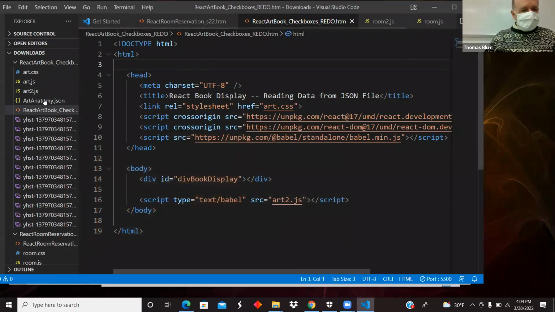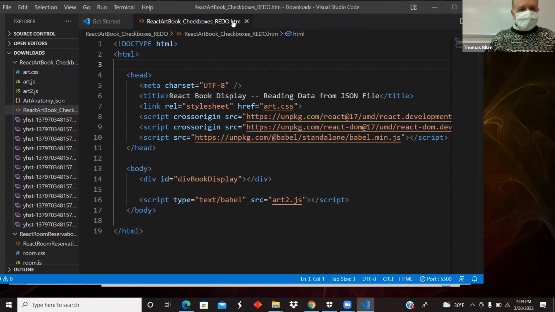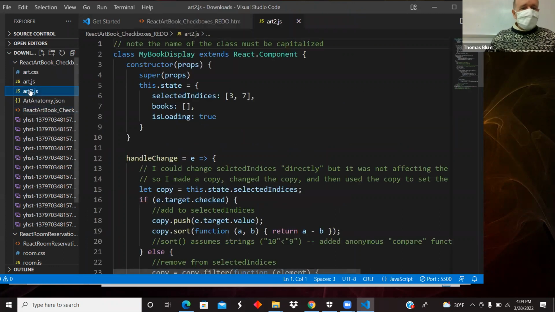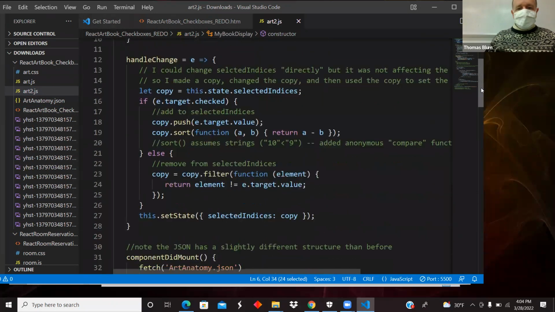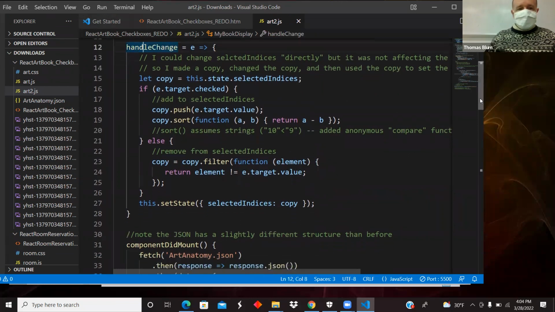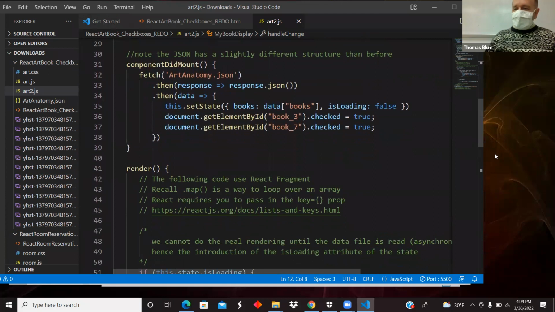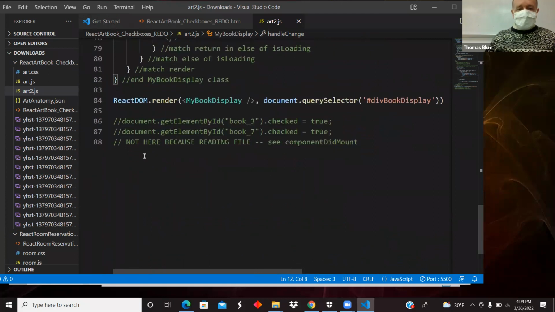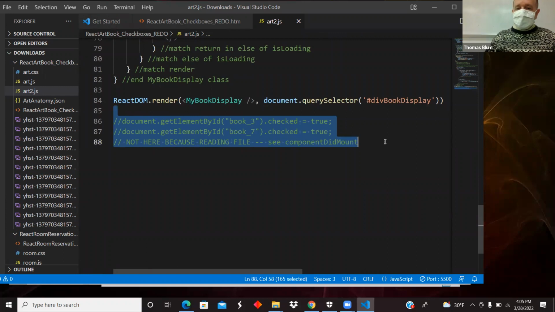So I don't want room, I want art 2. So I still have pre-selected 3 and 7. And I have handled a change when you change the checkbox. Here's me trying to select book 3 and 7 to be checked. And this does not work here